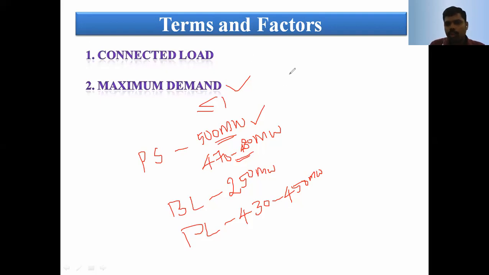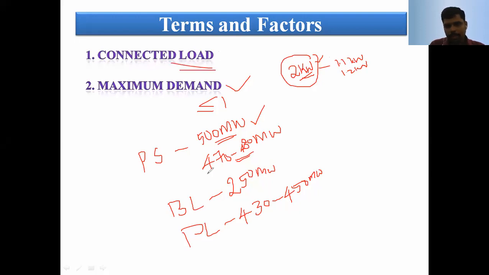For example, you can take one consumer who has taken 2 kilowatts, that is 2000 watts, as the connected load. This is the whole set of appliances they use in their home. This is an example. But the consumer utilizes a maximum demand of 1.1 or 1.2 kilowatt, maximum 1.4 or 1.5 kilowatt. They never utilize the full 2 kilowatt, but they are connected for a 2 kilowatt load.